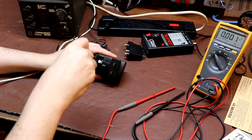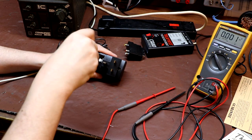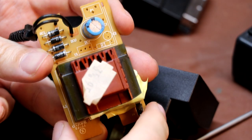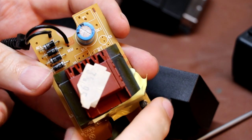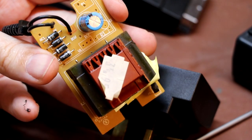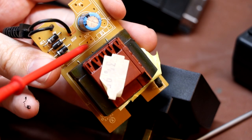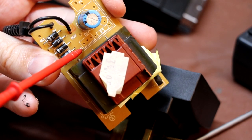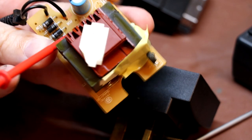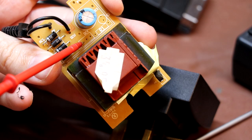I think what we'll do is we'll just take a look inside this and see if we can see anything untoward. Okay, we're just taking a close look at our power supply. It looks as though it's not actually regulated. Although interestingly enough, I can actually see a placeholder here for, I'm guessing, a traditional linear regulator, something, I don't know, a 7809